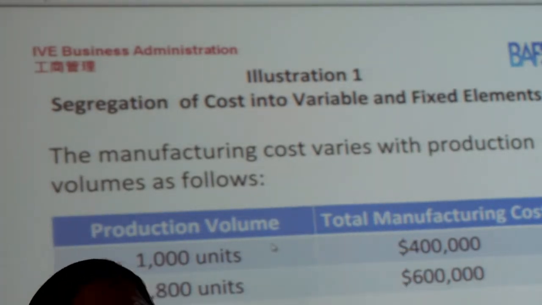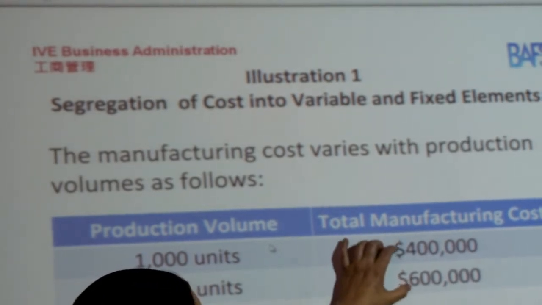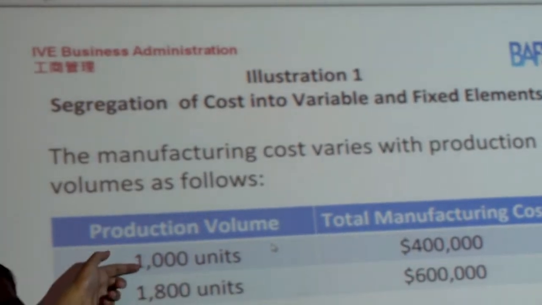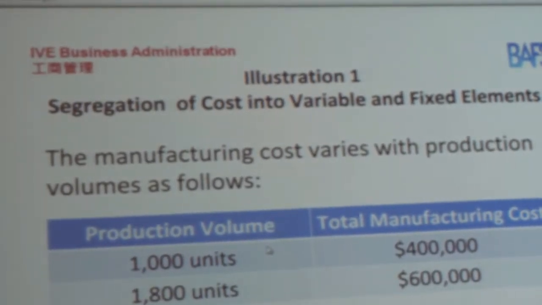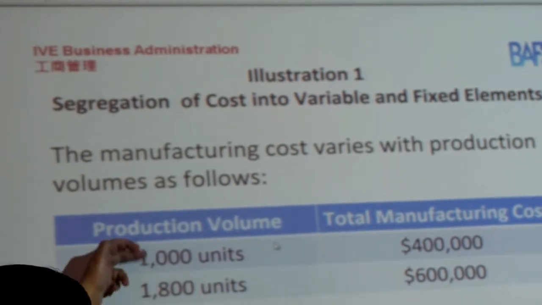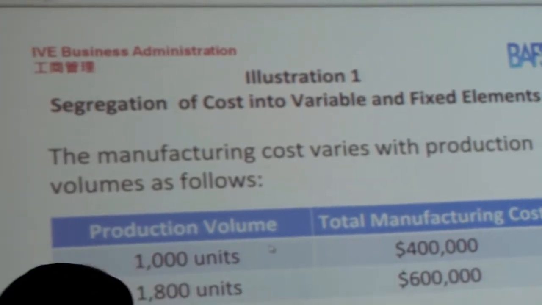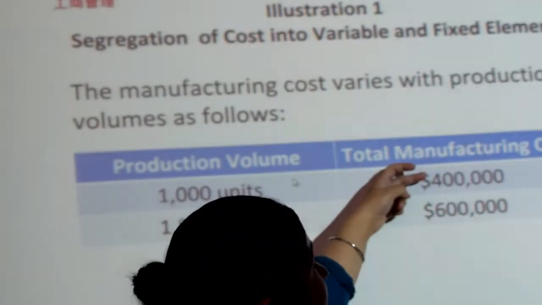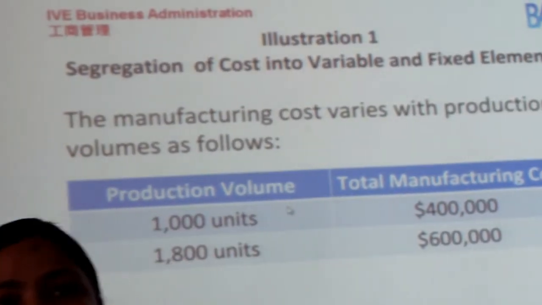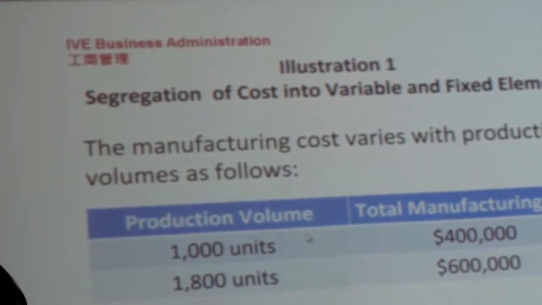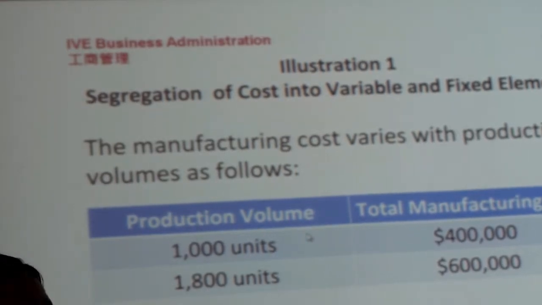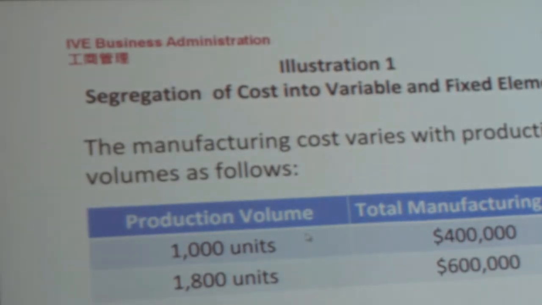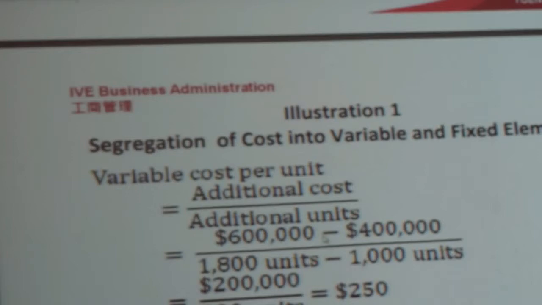So if we go with those assumptions, we can say the difference between these two costs is literally the variable cost, because the fixed cost in 1000 units is going to be the same as the fixed cost in 1800 units. If I take the difference, I would say in producing 800 extra units I have incurred $200,000 of extra cost. But that cost is just variable cost. There is no element of fixed cost because we are relating it to the increase in production. That is the only bit we have to understand here. So if we look at the solution to this,